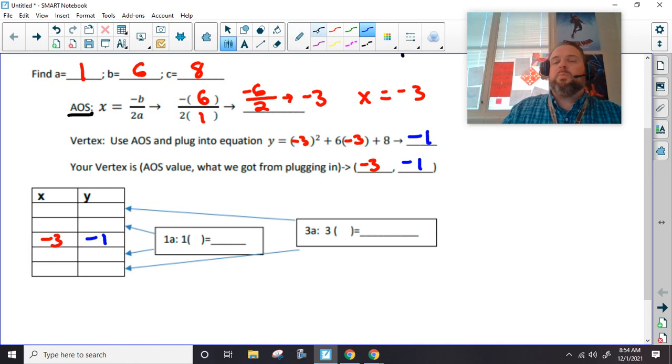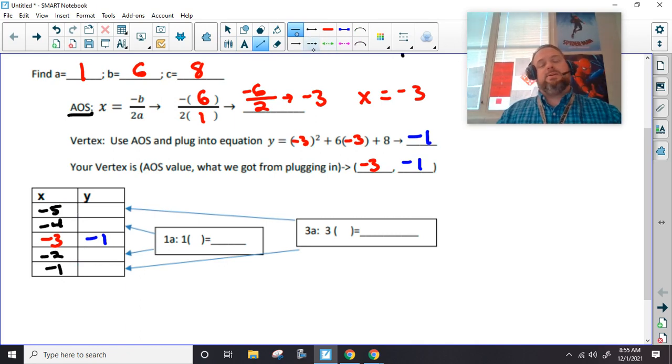Now, I will probably change the way this is set up. A lot of students have a hard time seeing this when it's vertical. They like seeing it when it's horizontal, like it would look on the number line. Okay. This would be -4, -5. This would be -2, and -1. And the reason why I got that, before somebody asks, because I know how that's going to go,